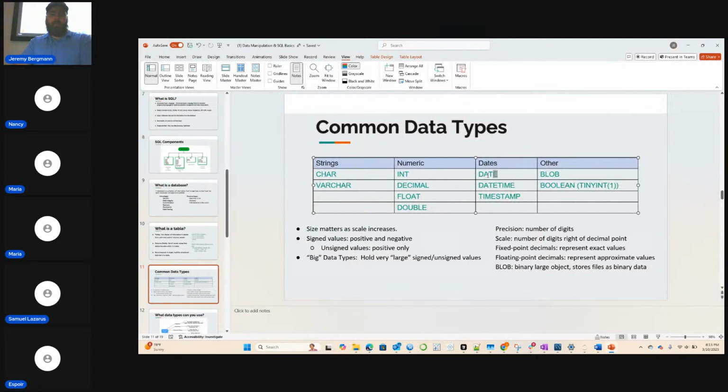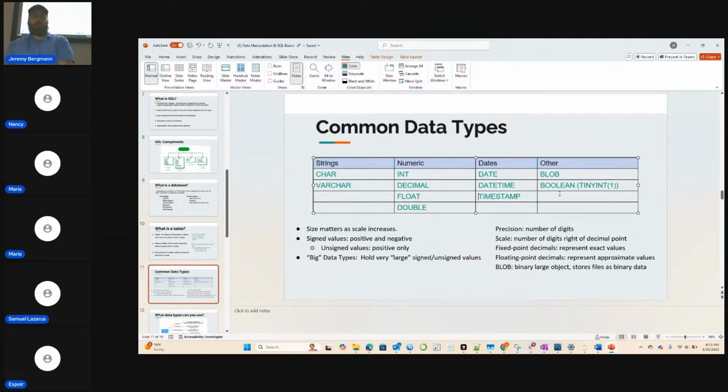You have dates. So you have a regular date. There's a number of ways that you can format that, which we'll eventually see. Date times, so it's a combination of date and time. And then a timestamp. A timestamp is really extended, out to the millisecond.